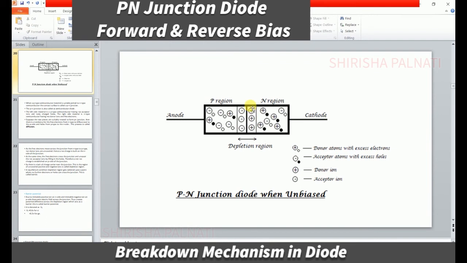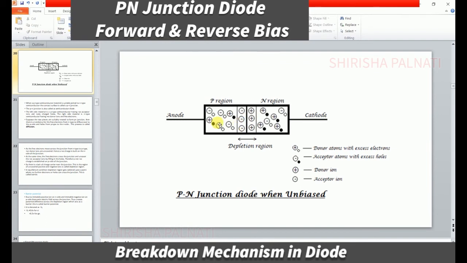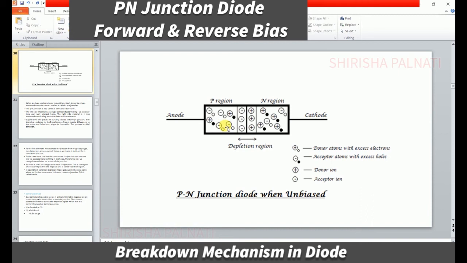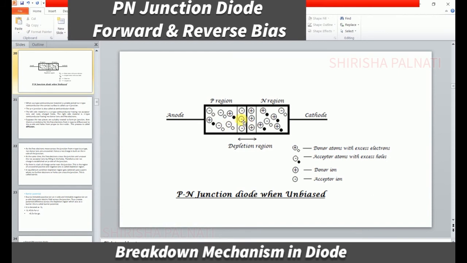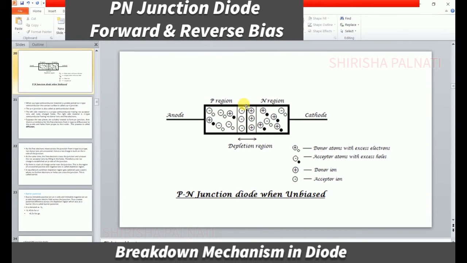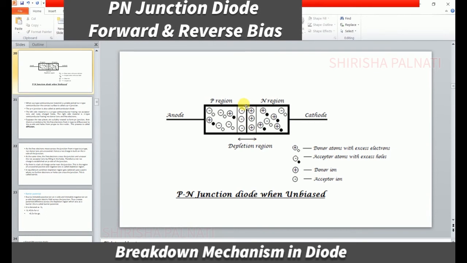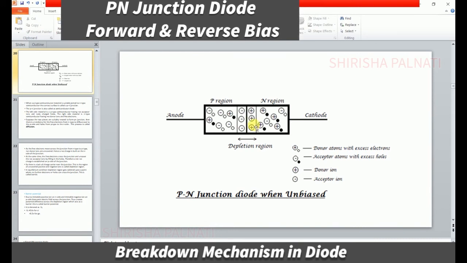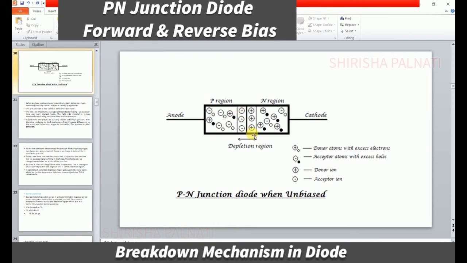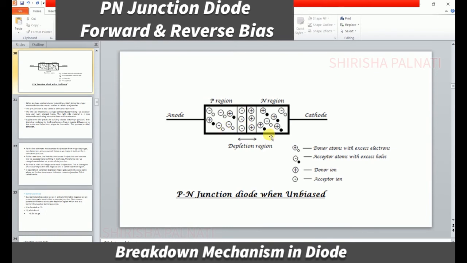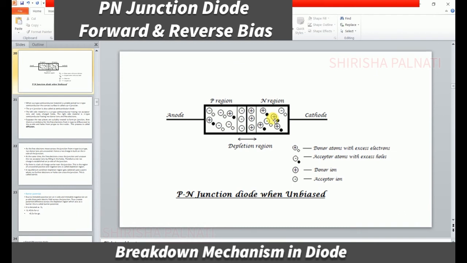The unwanted depletion region is present. Unwanted means uncovered, so the remaining majority charge carriers are not allowed to flow into this region. So this depletion region is uncovered. Some electrons and some holes, within some distance, are attracted and move to the junction, and one layer is presented. The other remaining majority charge carriers of holes and electrons are not moving to this region, so this region is uncovered.